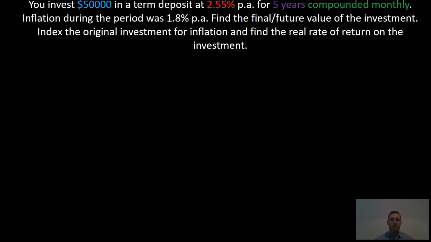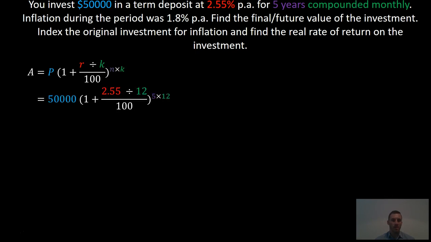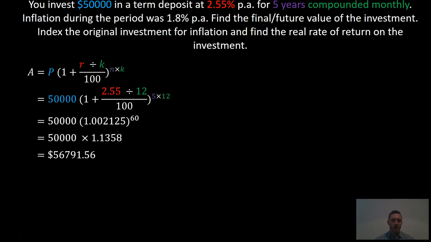Let's look at another example. You invest $50,000 in a term deposit at 2.55% per annum for 5 years compounded monthly. Inflation during the period was 1.8% per annum. Find the final or future value of the investment, index the original investment for inflation, and find the real rate of return of the investment. Again, we're using the compound interest formula to find the final or future value of the investment, and we enter in our known values. Simplify, and we get the future or final value is